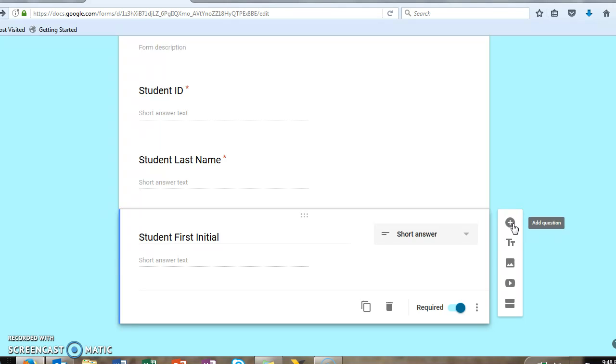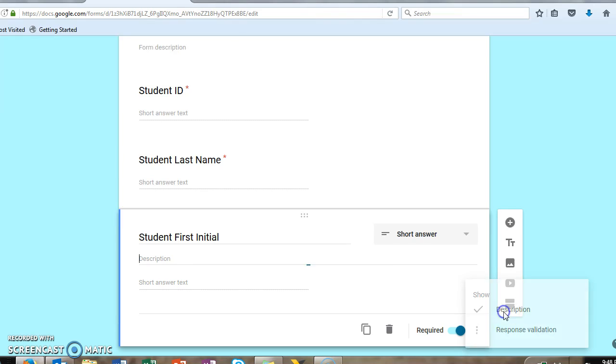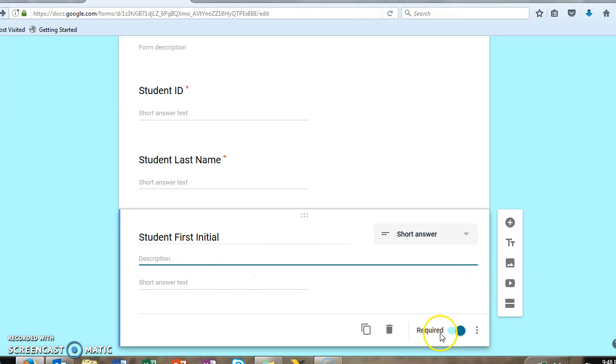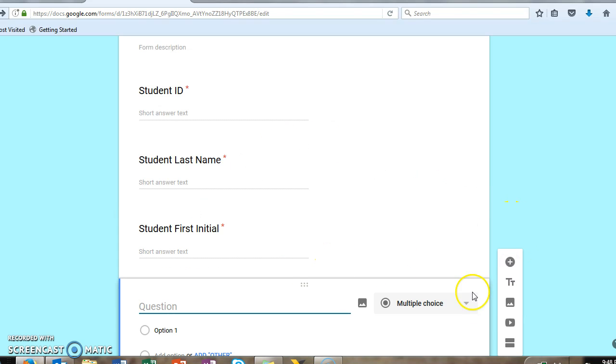And so I want to add a question. You have all sorts of options over here. You can add questions, you can add a title and description, images, a video, section. You can duplicate or you can trash, like if you mess it up, because who has not messed up before? And you can even add a description here if I needed to put that in, but here I really don't. Our families are trained, they know what to do here. So I'm going to add one more question, and it would say,